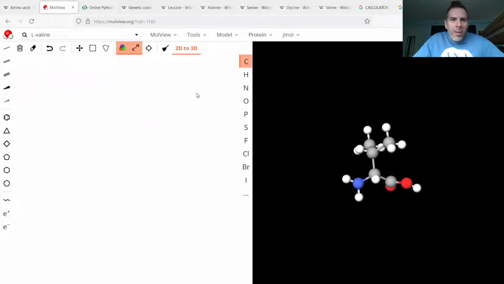So I'm going to just draw how you get between the amino acids that we've covered, just kind of migrating between them. So let me just draw the base of all amino acids real quick. Okay, so to start with, we would have glycine.